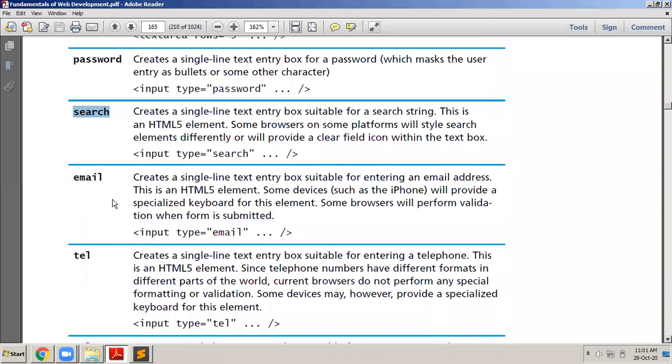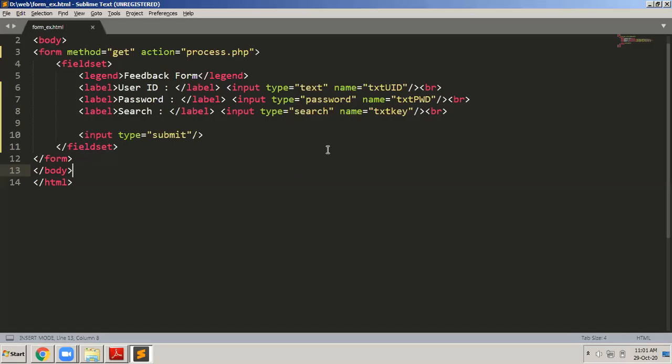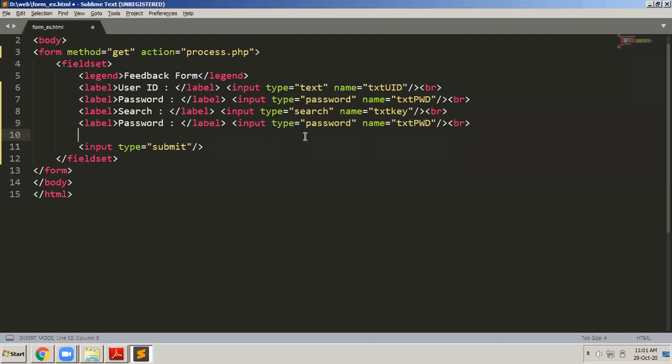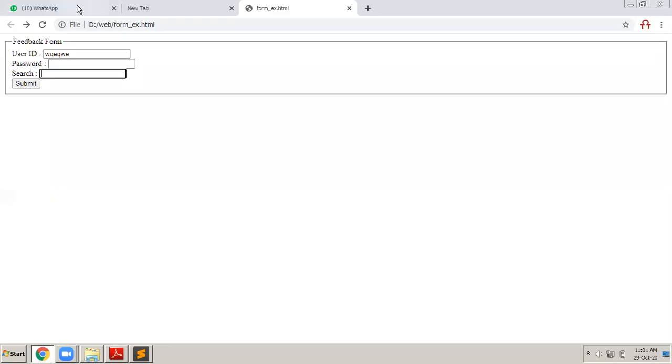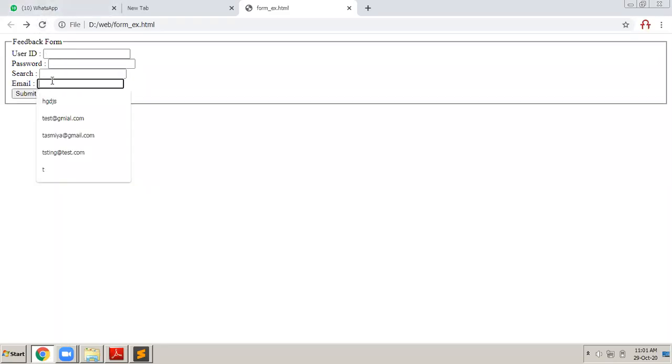Then there is email here. I don't know what will happen if you place an email field. So what I will do is I'll just place that. Let us say that I write email here, type is equals to email, and then I will call this particular text box as txtEmail. Now let us see how this email text box is different. So when I refresh,